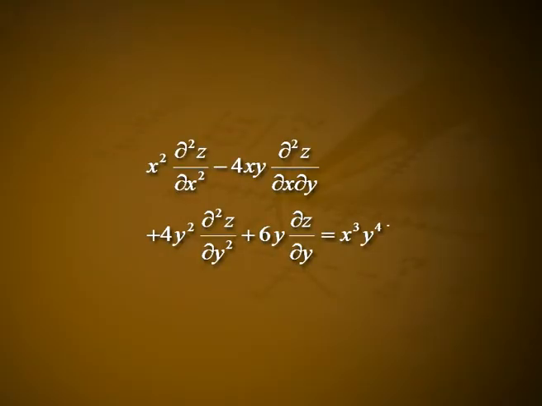Example 3. Solve x² ∂²z/∂x² - 4xy ∂²z/∂x∂y + 4y² ∂²z/∂y² + 6y ∂z/∂y = x³y⁴. Solution. Substituting x = e^X, y = e^Y, and denoting D = ∂/∂X and D' = ∂/∂Y,